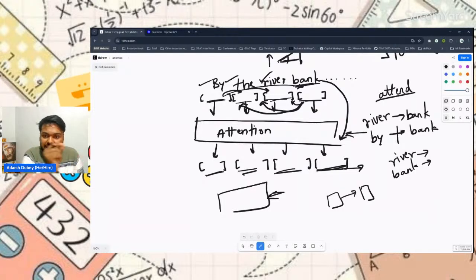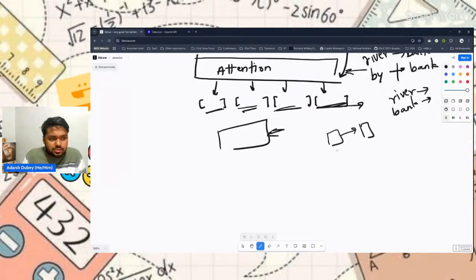If a word attends some other word, such as if river attends bank, then the meaning of river will be infused in the embedding of bank. And if the word bank attends the word river, then the embedding of river will somehow be infused in the embedding of bank. Okay. So in general, you will see people drawing such kind of